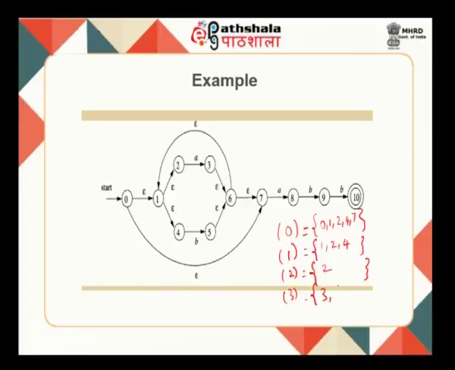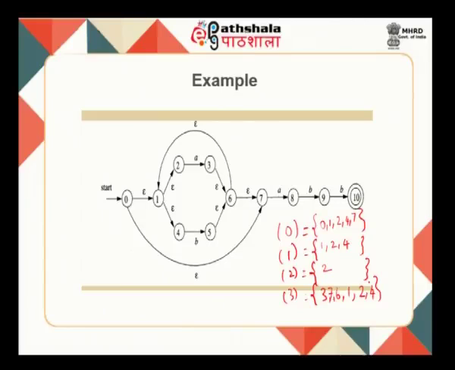I could go to 6, I could go back to 1, and from 1 I could anyway go back to 2 comma 4. So, that is the epsilon closure of 3, okay. And epsilon closure of 5 will be 5, 6 going back to 1, then 2 and 4, of course 7. If I could go to 6, I could definitely go to 7. So, I have missed 7 here also, okay.